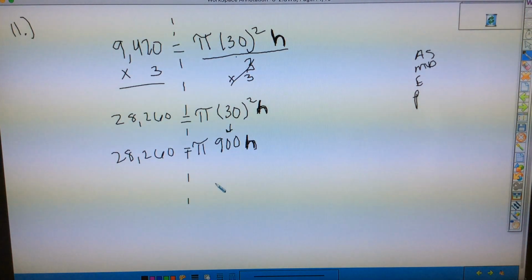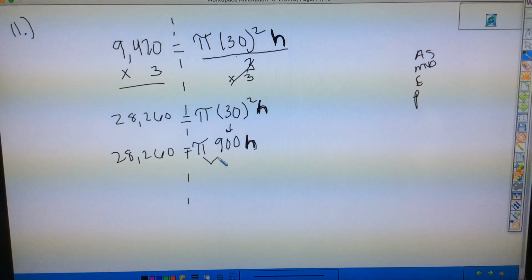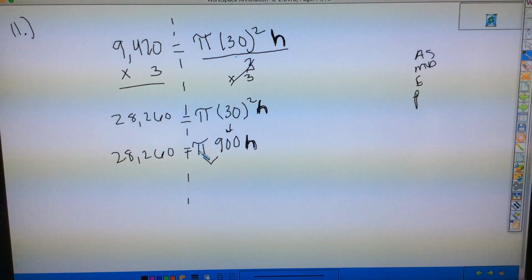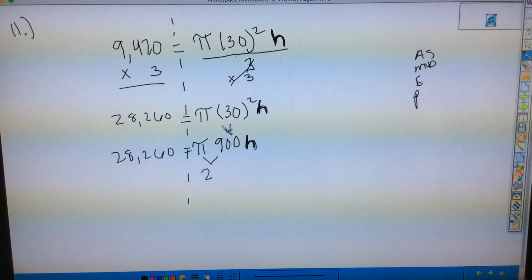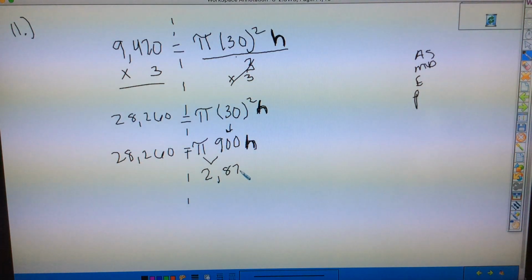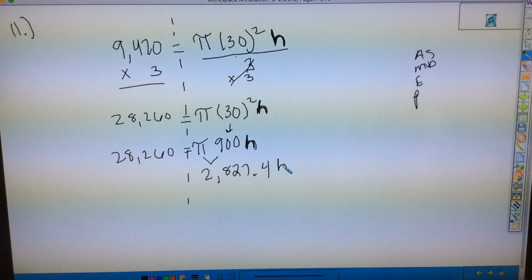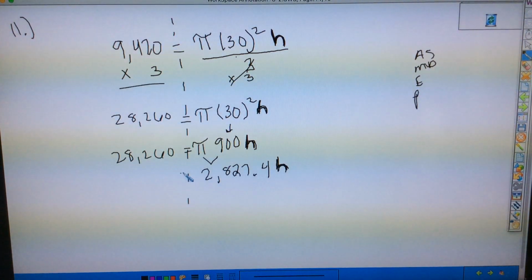A couple of different ways you can do it. You can go ahead and approximate what this is. That might be maybe the most intuitive thing for you guys at this point. So 900 pi is 2,827.4 times h. Again, I'm going to bold that. I want it to stand out. All this is still equal to